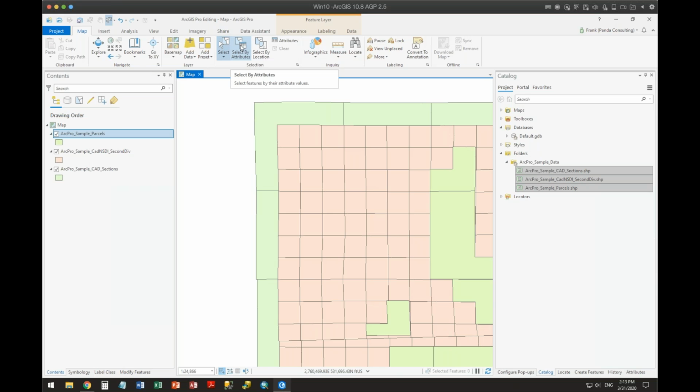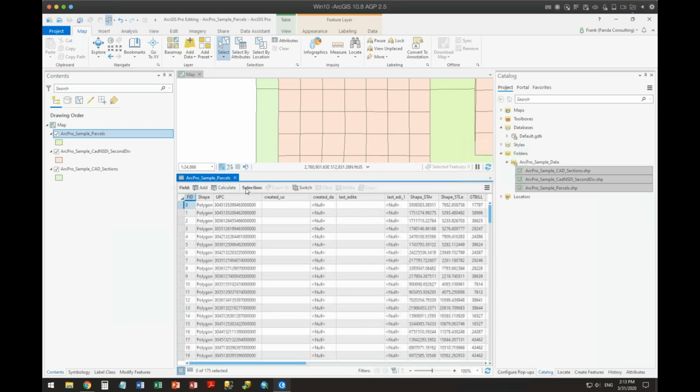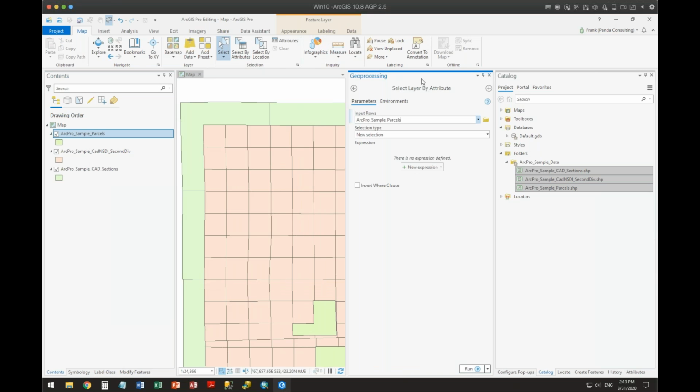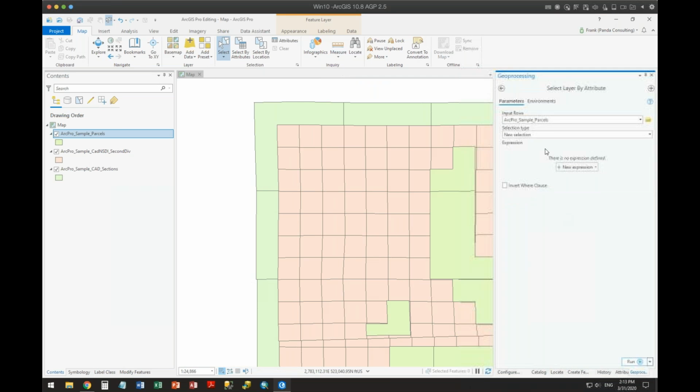Select by attributes. The select by attributes, again, let me open up my attribute table, is not here anymore. They don't have a separate select by attribute on the attribute table. It's actually a separate geoprocessing tool that fires off to do a select by attributes. Okay. I curse them a little bit about this. It's like, that's one of the most important things you have here, and now you have to fire off a script to do that, but it's there.